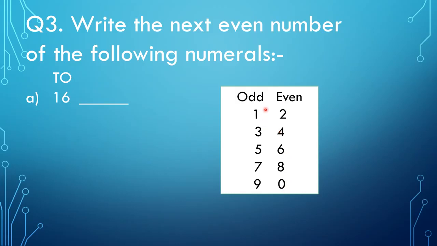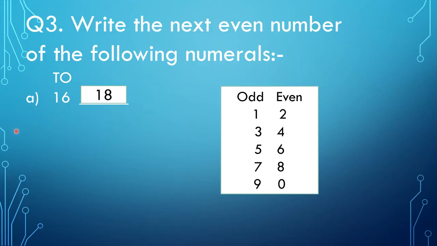So now we have to see 6. Where 6 is an even number. So it means we have to write the next even number. और 6 के बाद even number में कौन सा नंबर आ रहा है? That is 8. It means 16 के बाद 17 को हम लीव कर देंगे और कौन सा नंबर लिखेंगे यहाँ पर? 18. Understood? Means अगर आपको even number given है and you have to write even number, then you will leave one number and write the next one.